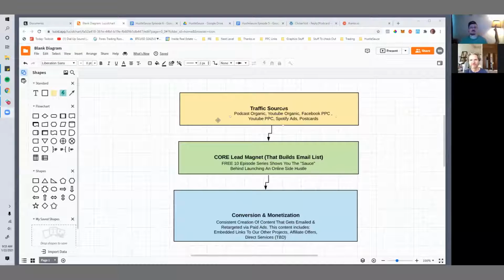So as you build out your business, think about where the traffic is going to come from. It doesn't need to be all of these. It can be 1 or 2. If you have no money, focus on organic. If you have a little bit of bucks, I'd recommend Facebook PPC. And Michael, let me ask you, what have you done? I know you're a couple of years